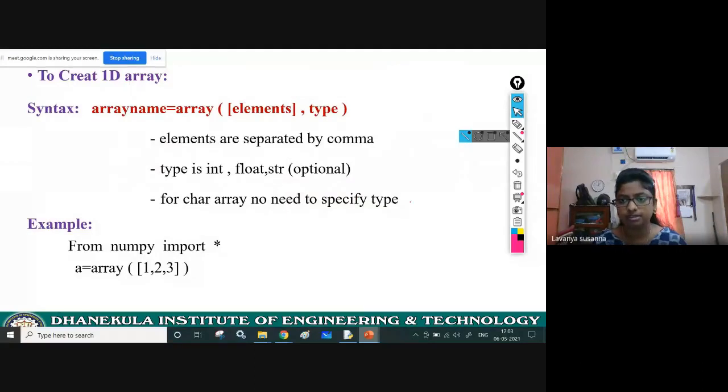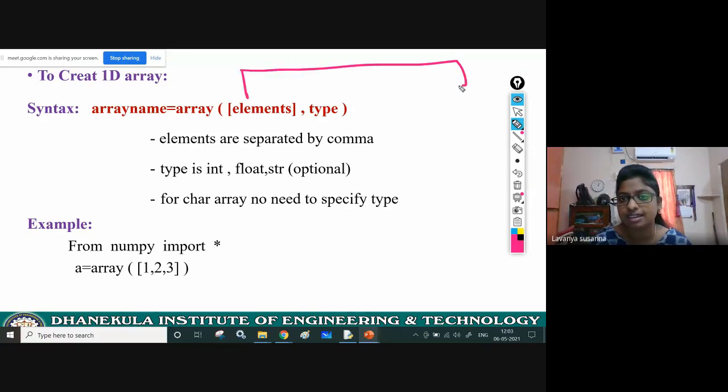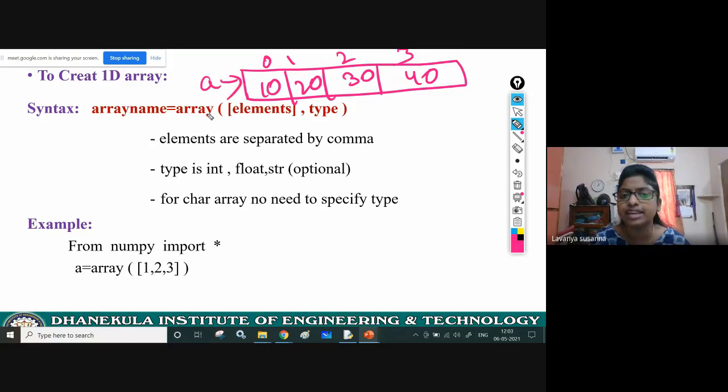Okay, see here, the syntax. This is an example for a one-dimensional array: 10, 20, 30, 40. Only one row with multiple columns. Index starts from 0, 1, 2, 3. Now see how to create this one-dimensional array, which contains only a single row and multiple columns.